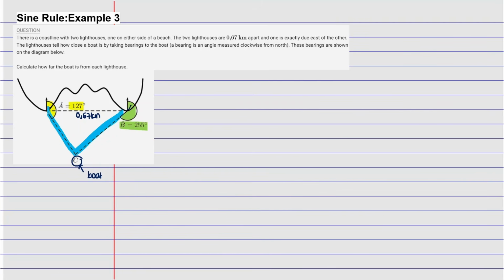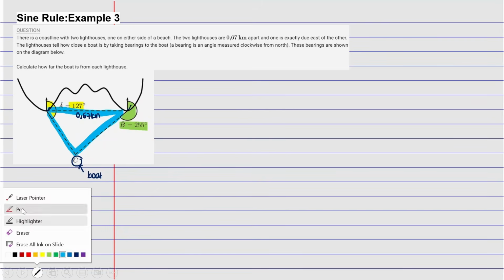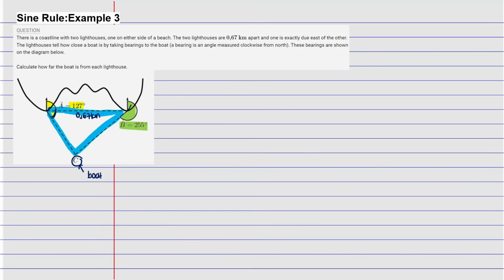So if we have a triangle, this is the blue one, we need those two angles inside to complete our triangle, right? I'm going to draw it here separately. So what do we see? For the yellow one, they gave us 127. And do you see that this is 90 degrees? Angle A is made out of 90 degrees, right? So to find this small angle,